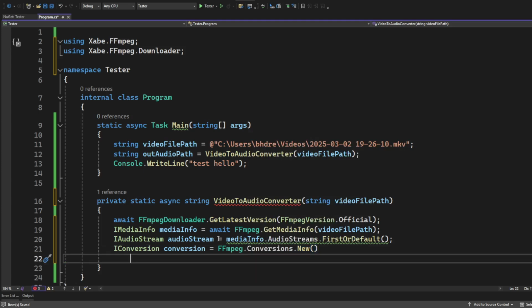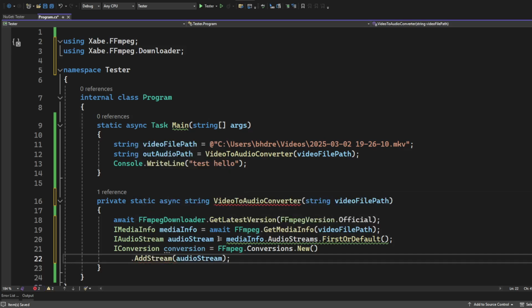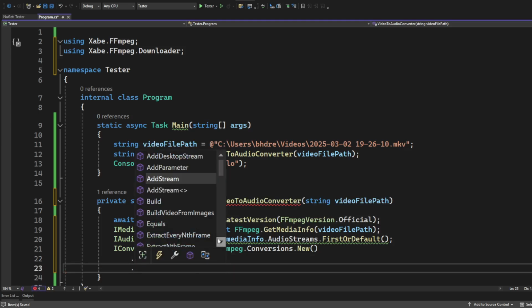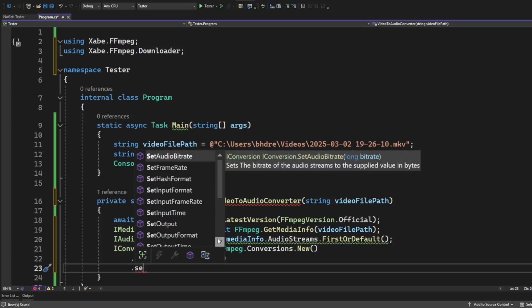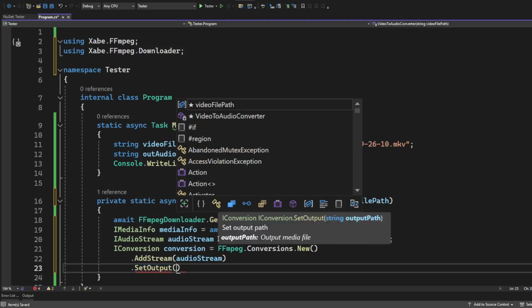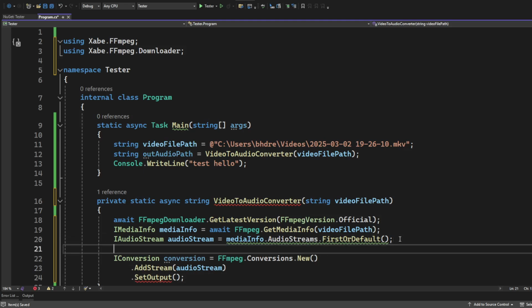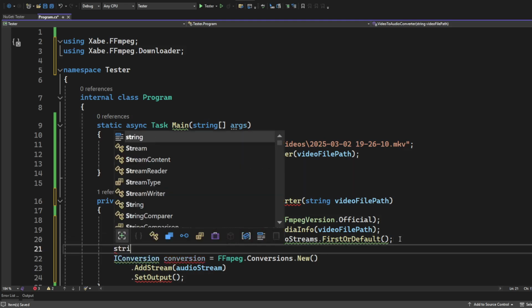The next thing that we want to do is provide it an audio stream, so we will add the stream of audio here. Before closing it, we need to provide it an output file path, so SetOutput, and it takes a parameter. So let's create an output file path first so that we can return it also. So string